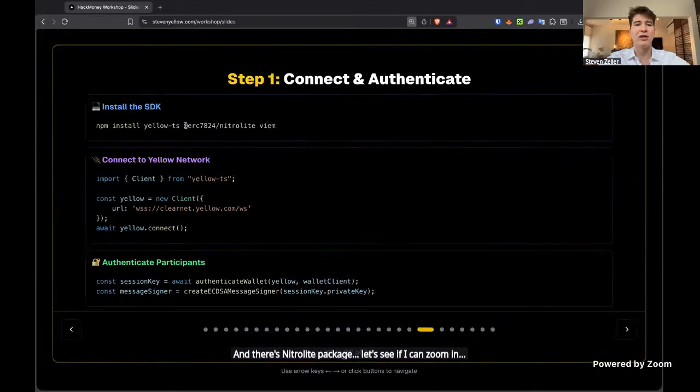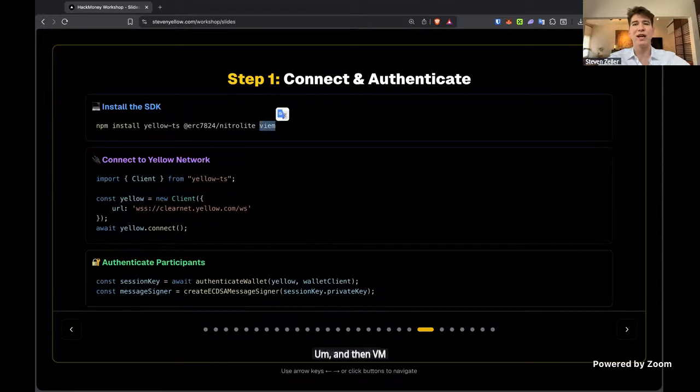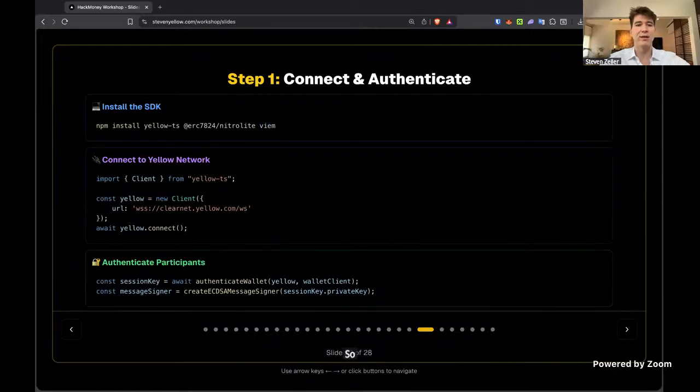Nitrolite package, this is the tool set for the Yellow protocol and for interacting with the state channels and building up all of the messages. And then viem we use a lot for, this is the library for interacting with Ethereum keys and signing, creating signatures so that we can securely authenticate.